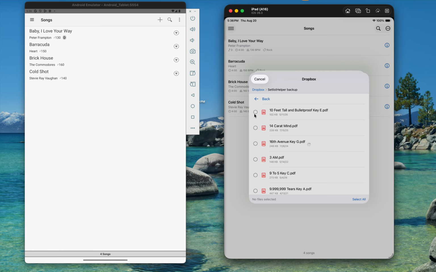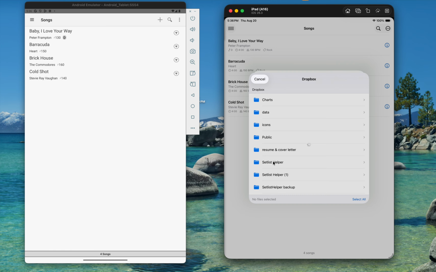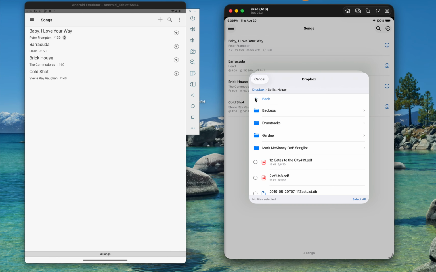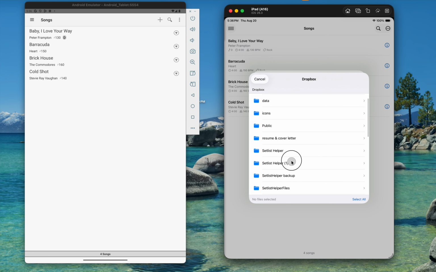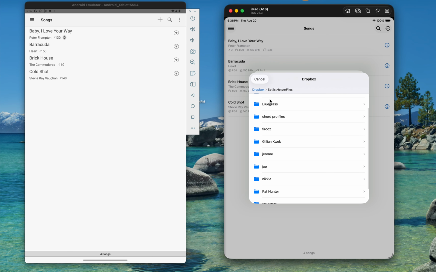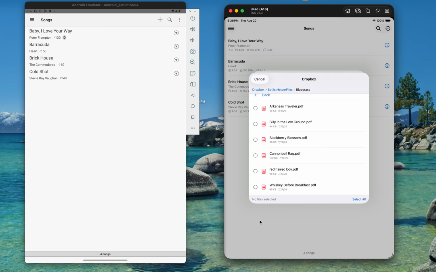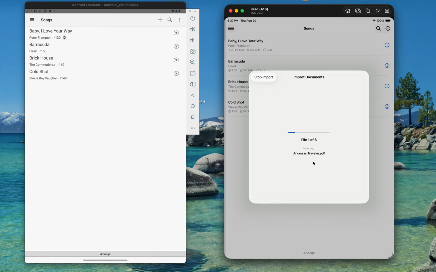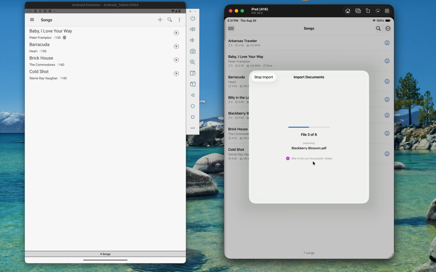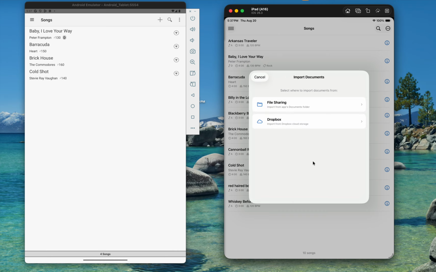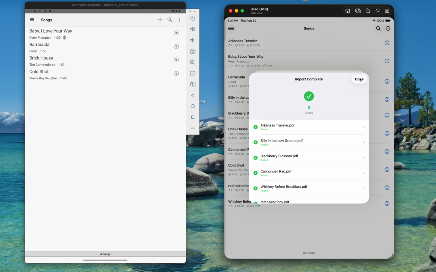And I'm going to go to some files here. Actually, I'm going to back out of that, and I'm going to go into this one. Sorry. Set list helper files is where I want. And I want to go to these bluegrass files. I'm going to select all of these. These are just simply PDF files, so they don't have the metadata with them. So the point of going through this exercise is I just want to show you how to update Dropbox files on your Android device, or you could do it vice versa. So all these files have been imported